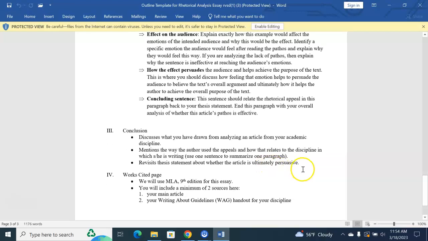And then finally, you are going to conclude, discuss overall what you've learned from your article about your discipline. Talk about how effective the author was using the appeals and how that relates to that discipline. And then go back and make a final judgment about whether the article is persuasive or not by the use of the rhetorical appeals. All right, so let me go ahead and X out of this